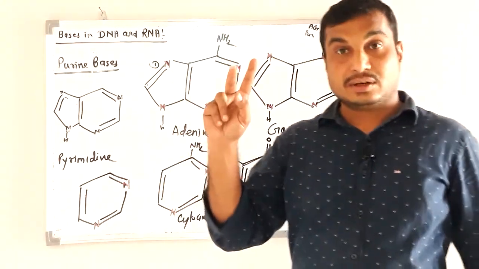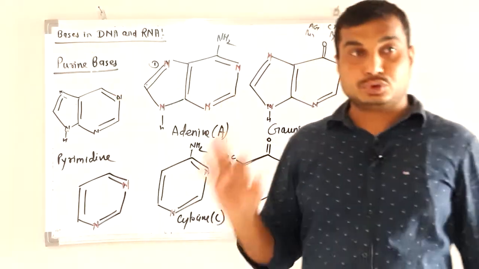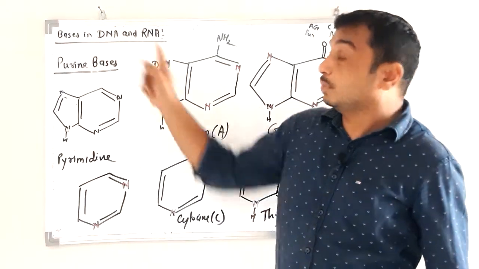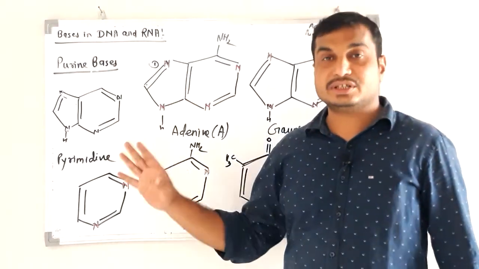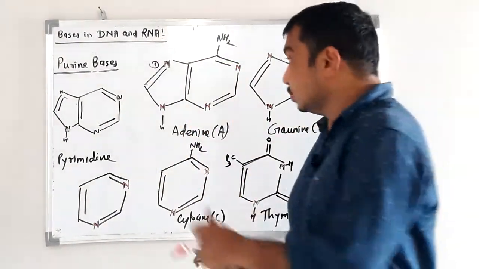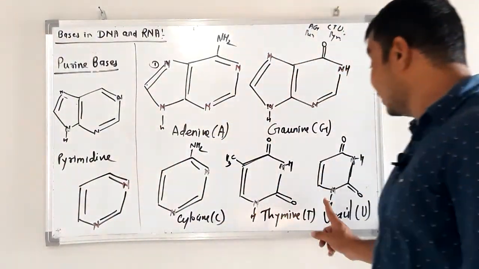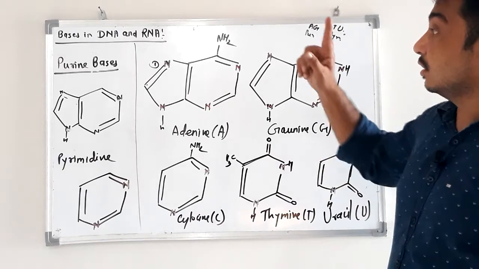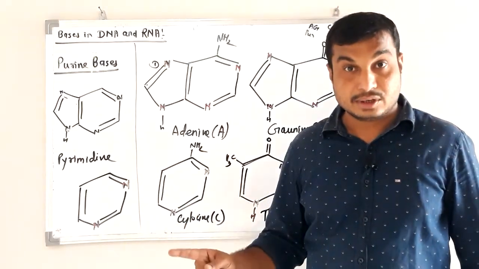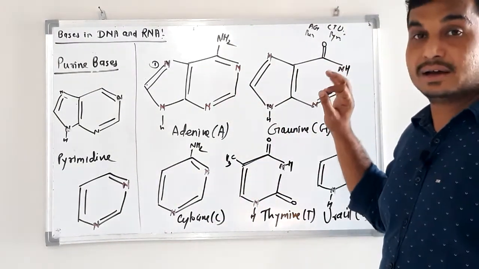We have already seen the two structures of sugar molecule, ribose sugar and deoxyribose sugar, which are very important. And now the bases, the basic heterocyclic compounds present in nucleic acid. Student, remember this, very important. And again, uracil is present in RNA only, not found in DNA. Getting my point? So these are the bases present in DNA and RNA.